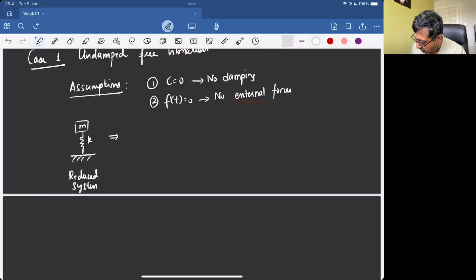Also the reduced equation would then be m x double dot plus k x equal to 0, or we can also write this as x double dot plus k by m into x equal to 0, and we call this omega square, or natural frequency. Omega is our natural frequency,